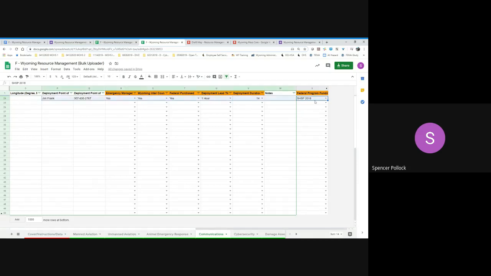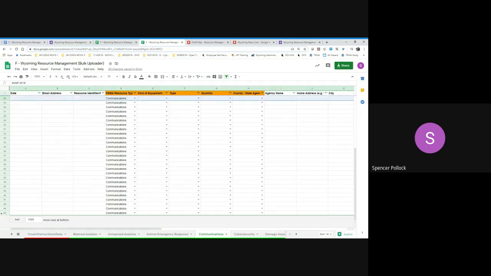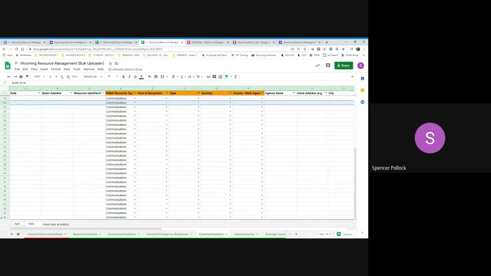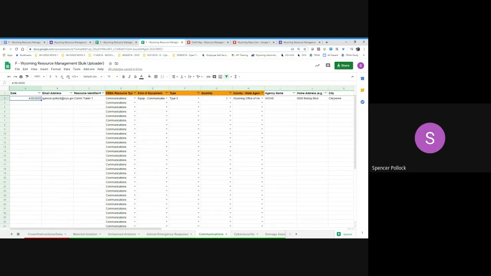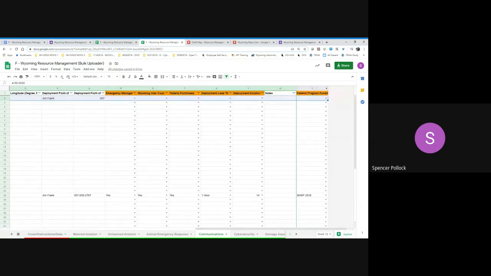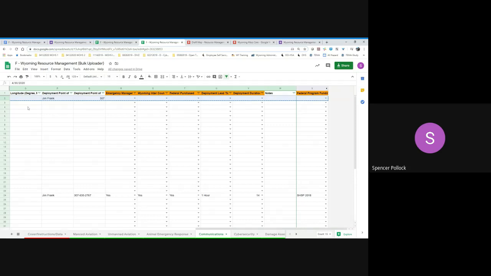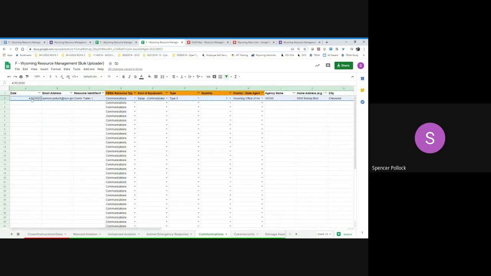Now, the nice part is you can select all the stuff you just put in there. So in this case, we'll come back and we'll select our whole row. And I messed up the data there, but you can see if I would have typed it in properly, again, you can kind of select the parts you need. I can then hit copy or Control C. And now I can go ahead and load in all the other data for all my other pieces of equipment.